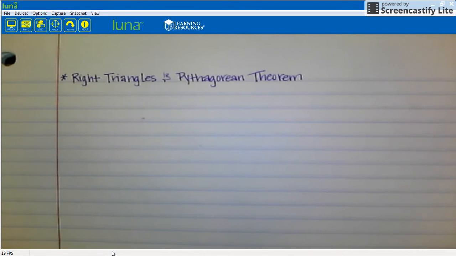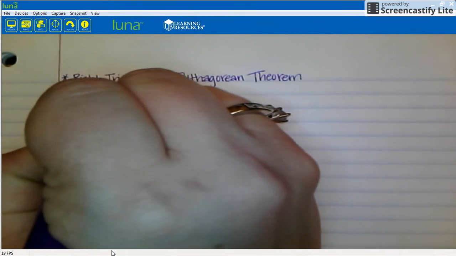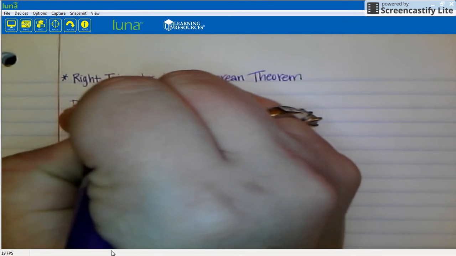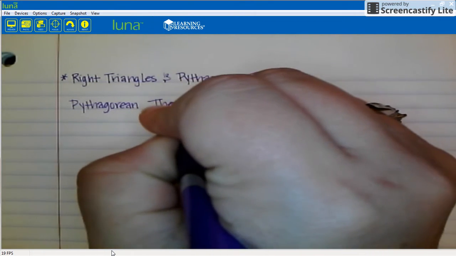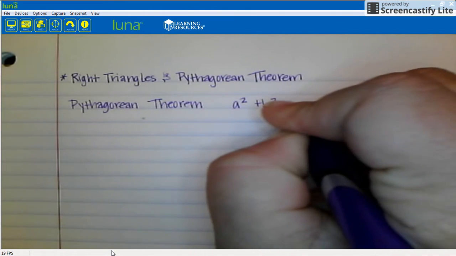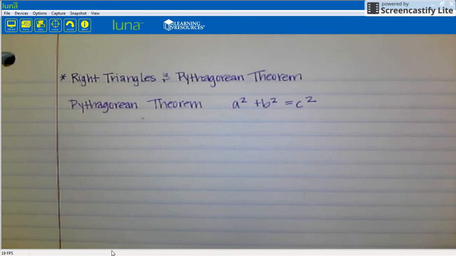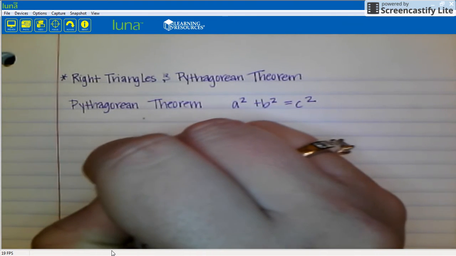Today we start right triangles and the Pythagorean theorem. To get started, you should recall from many of your math classes prior to this the Pythagorean theorem. You may not know it by name, but it is the very well-known a squared plus b squared is equal to c squared, where you can find the length of any side of any right triangle